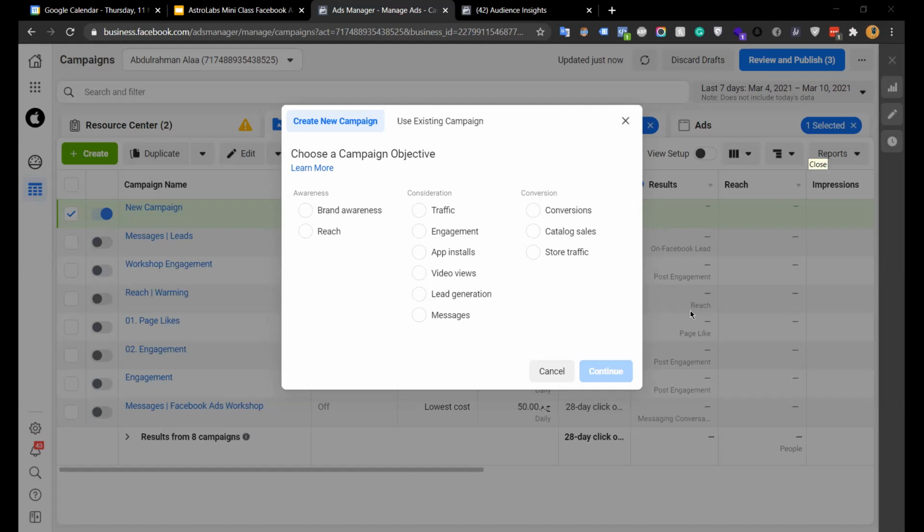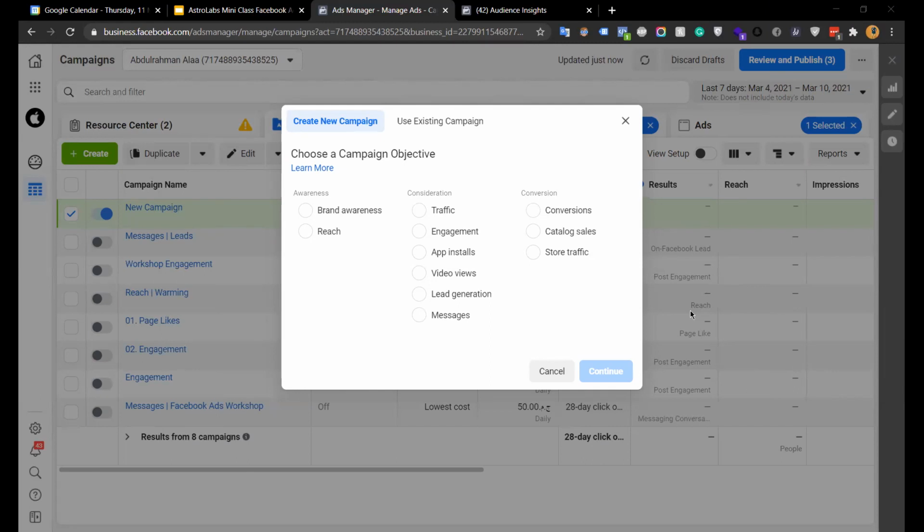Hi. I was the one who asked you that question, and I had a follow-up. For example, if I want to increase engagement on a particular post, I believe the only way to use that post for the purpose of engagement is to click on promote right next to the post option.